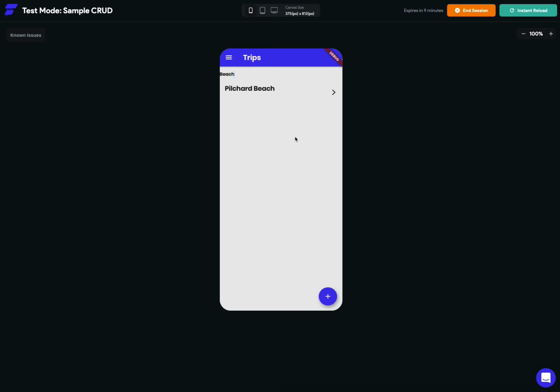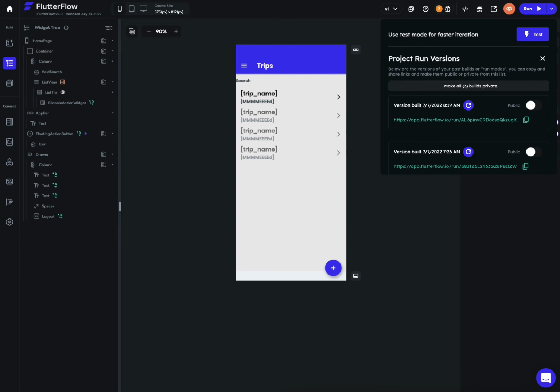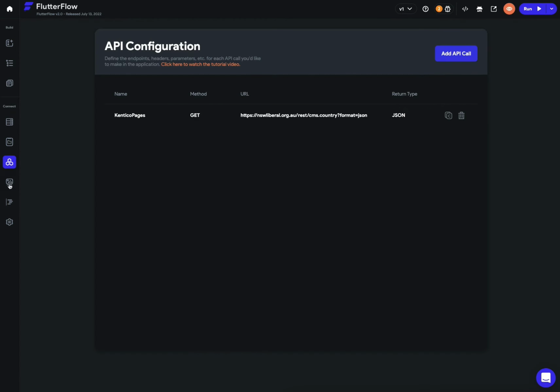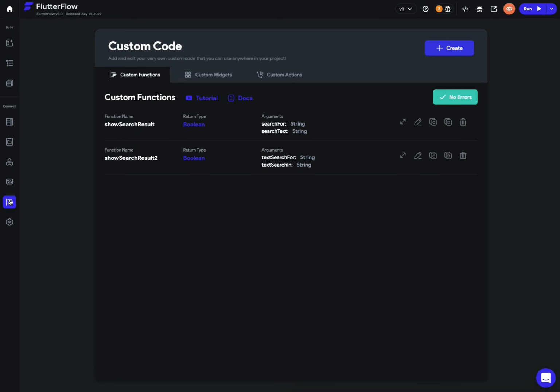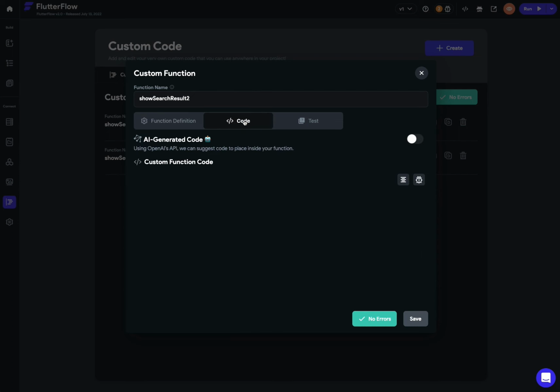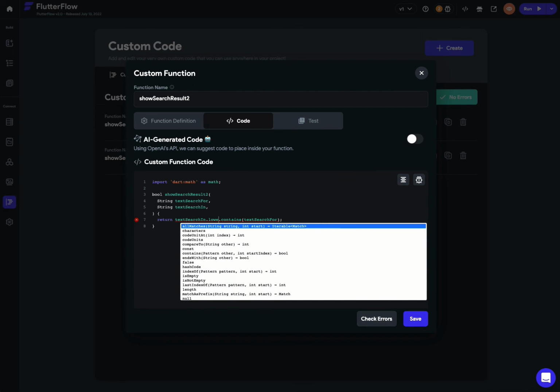Let's go back to our custom function and have a look at how we might make this work. The easiest way is to modify our function to accommodate the fact that the text that we're searching for and the text we're searching in might be in uppercase or lowercase. We can do that by forcing everything into all uppercase or all lowercase. So the text that we're searching in, we're going to convert that